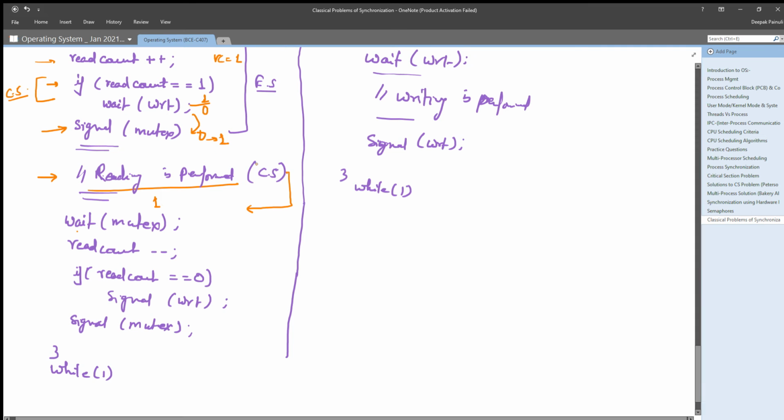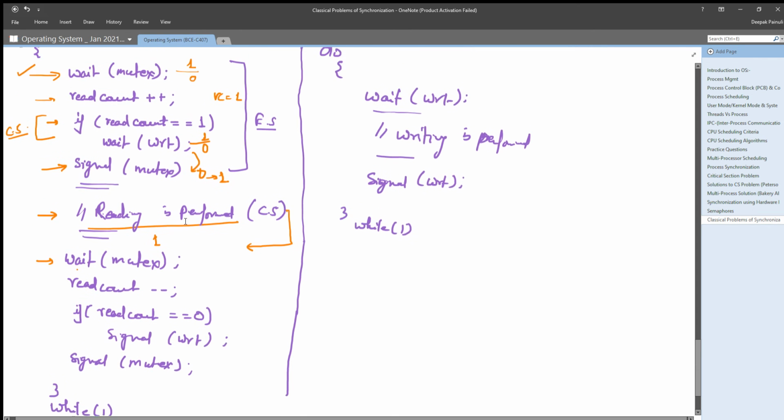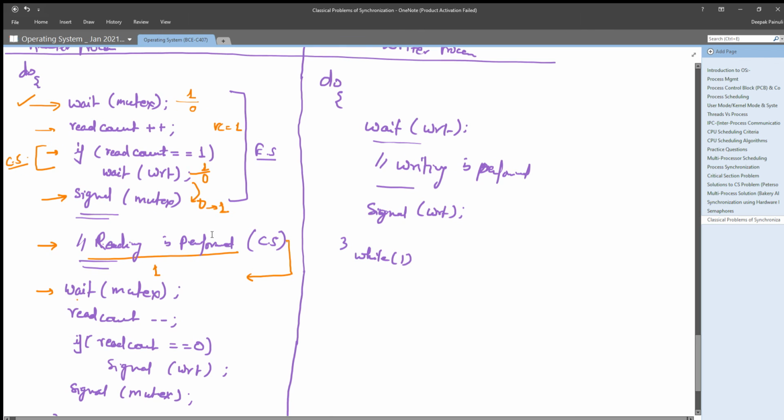So it will perform wait. If it is successful, it will be successful only when it gets mutex value 1. That's why if it is getting mutex value 1, it simply means that no reader has performed wait operation on this, right? At this time, that means no reader is reading it, right? And if it is not the case, if it is getting mutex value 0, what it means, that another reader is also trying to read this object, right?